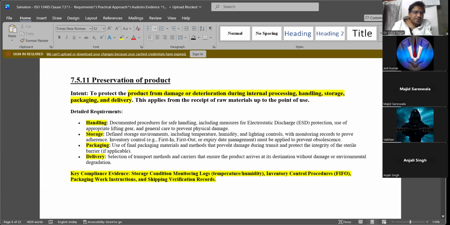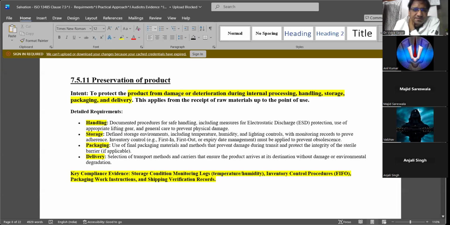Okay. The last one is preservation of the product. Again, I'm saying it could be a semi-finished product, a component, it could be a final product. Okay. It could be anything like raw material. You'll have a lot of processes. In each process, you will get some component. Okay. And when you assemble them, you'll get a total product. So you need to know how to preserve them so that they won't be mixed up, to protect the product from damage.